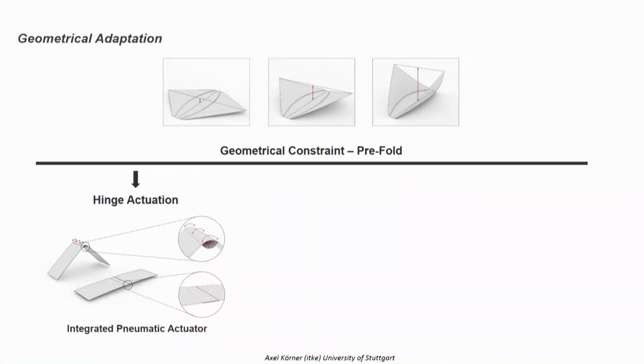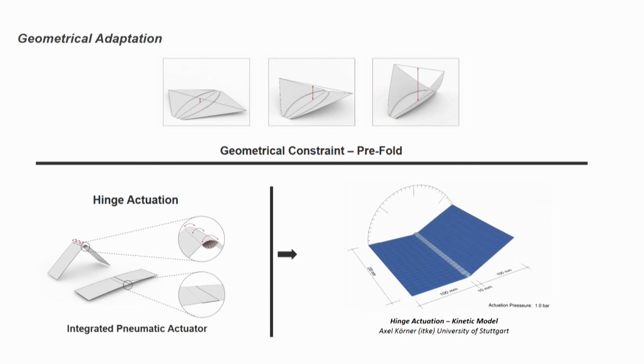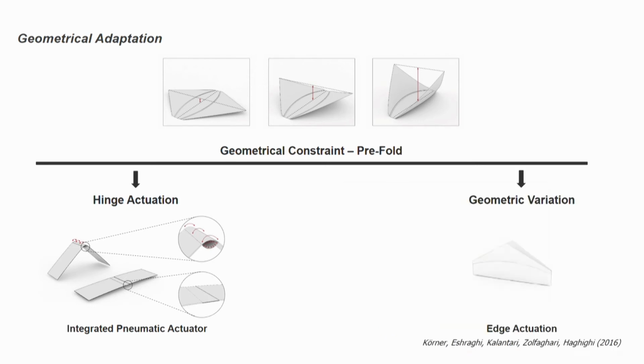But as I said, this always needs this prefold, and we need to alter our geometric condition. So therefore we are looking now for ways how we can start from a flat surface, or we can change the direction of curvature even. So one possibility would be to actuate the hinge itself, so we can start from a flat condition, and by actuating or inducing our bending in the discrete hinge zone, we can go from flat to curved. Or if we have two actuators in the hinge zone, we even can change the direction, or we change the geometric variation,